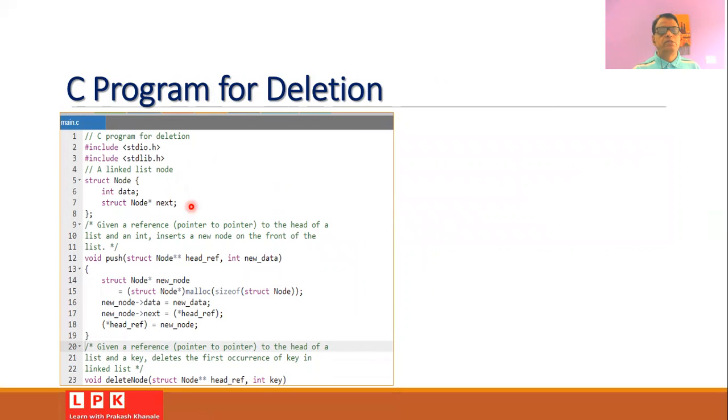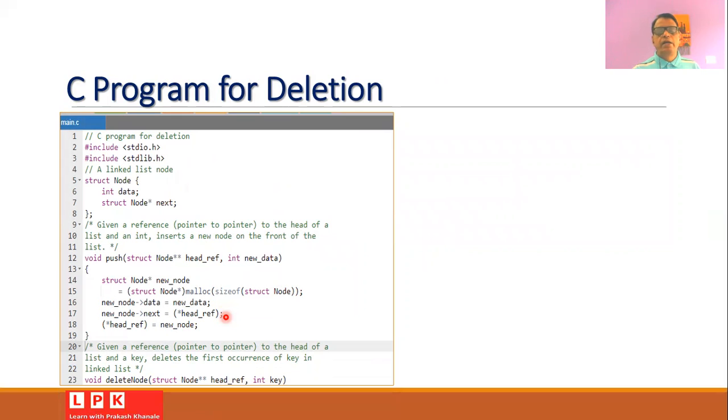Then we will write a function push, and this function can be used for the creation of the linked list. And one can easily observe that here we set the memory allocation by using the memory allocation function, and we can set the data value and the pointer value.